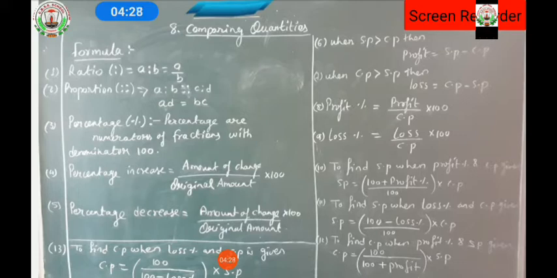Moving towards the sixth formula, here we are going to see SP. SP means selling price, that means we are going to sell something at a definite cost. Then cost price is denoted by CP, and cost price means we purchase something from the shopkeeper. That is called cost price. So dear student, here we have one formula: profit equals SP minus CP.